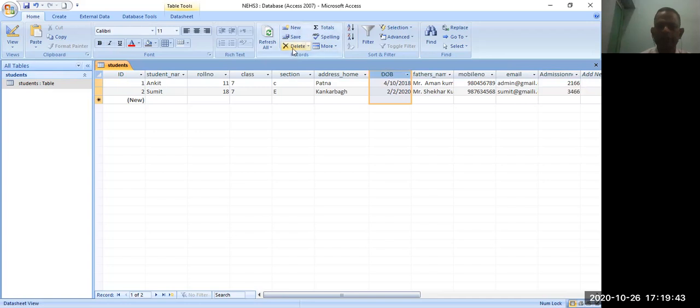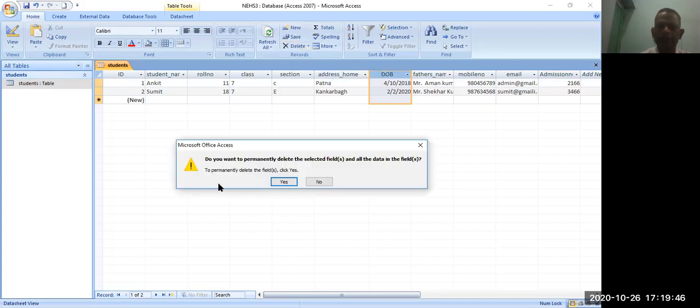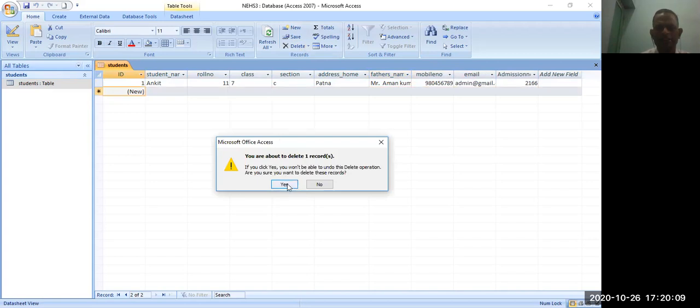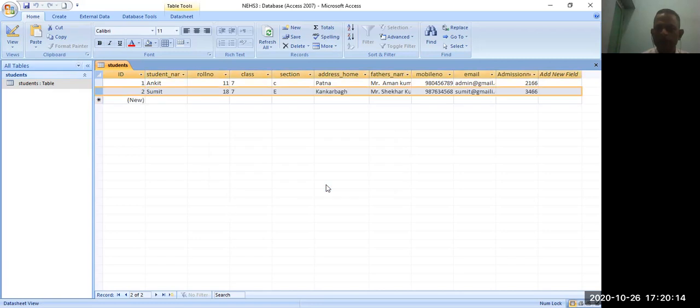Then you just need to click over delete, and when you click delete, you see the message to permanently delete the field. Click OK. So now you can see you are able to delete. You can delete the record, or just delete it here. Are you sure you want to delete this record? Yes. No. So this is very simple.